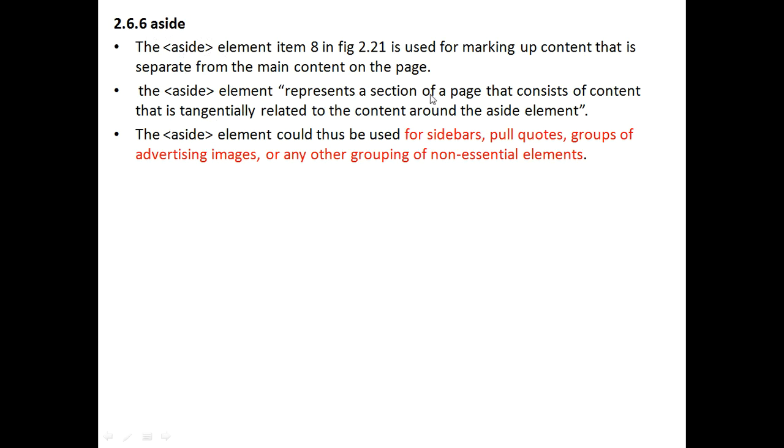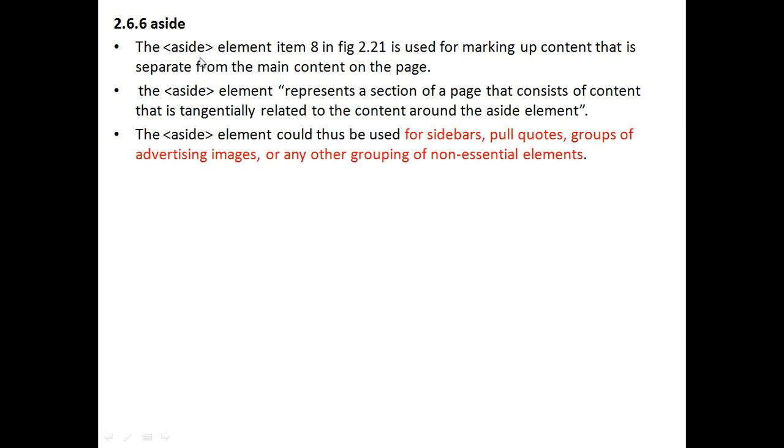The aside element represents a section of a page that consists of content that is tangentially related to the content around the aside element. The aside element could thus be used for sidebars, pull notes, groups of advertisement images, or any other grouping of non-essential elements, apart from the main content.